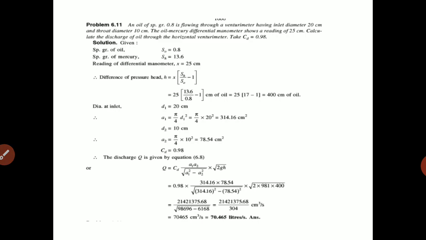So these types of numericals are there for your exam, and some MCQs can also be drawn from the application of venturimeter, orifice meter, Bernoulli's equation, continuity equation, the first part fluid kinematics, types of flow. Accordingly MCQs can be asked. So just be prepared for the MCQ exam. And I think there will be a 2 marks question in which we can ask some simple numericals for 2 marks. So be prepared.